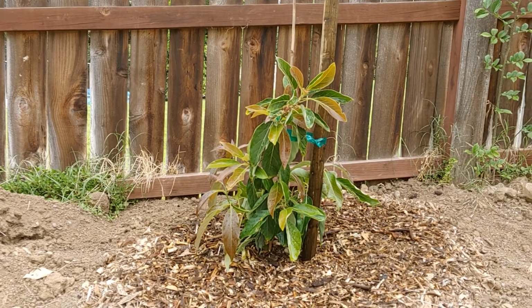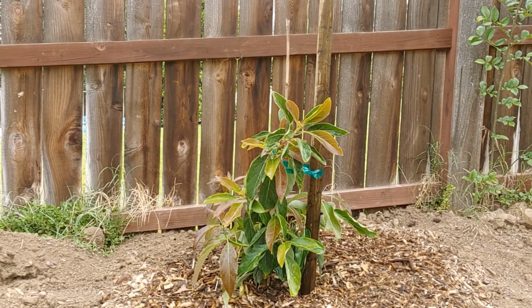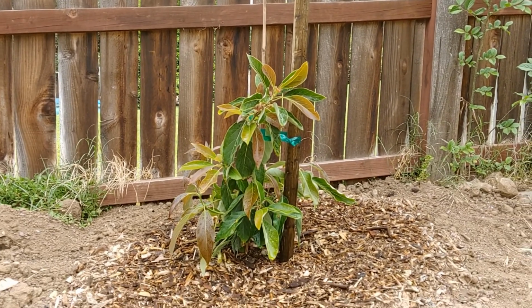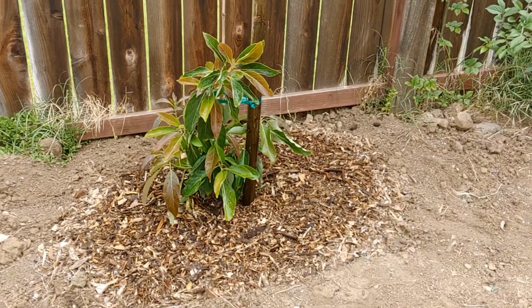I do have some pretty good soil. It is pretty free draining, which is good. Not very much clay, which is good. So this should do well where it's at right now. Anyways,